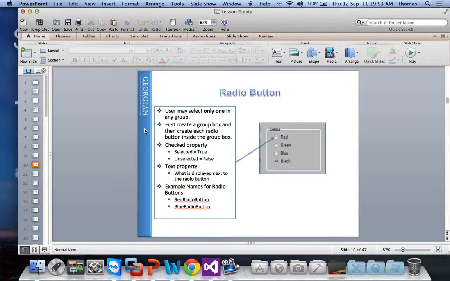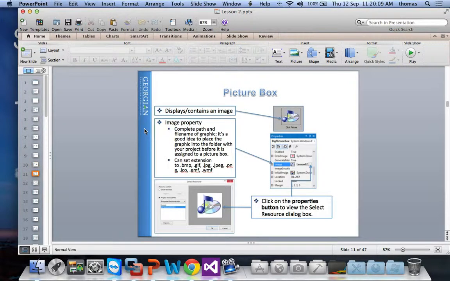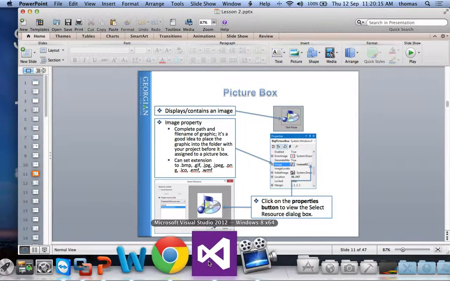So we talked about radio buttons being on their own and how they can select true or false. They have a selected or unselected property. If you put them in a group box, it basically controls which box is selected and which one is not. Picture boxes. It's very interesting when you have a picture box, and I don't have one in this example here,